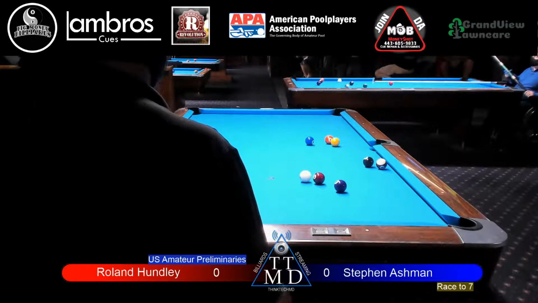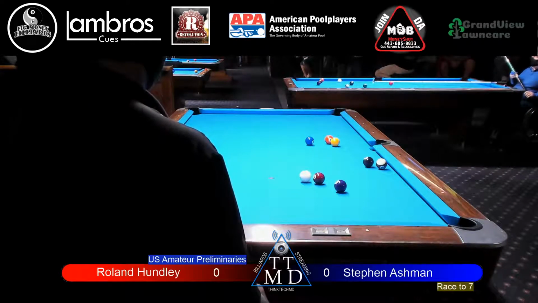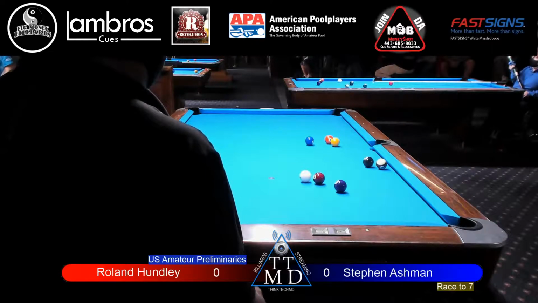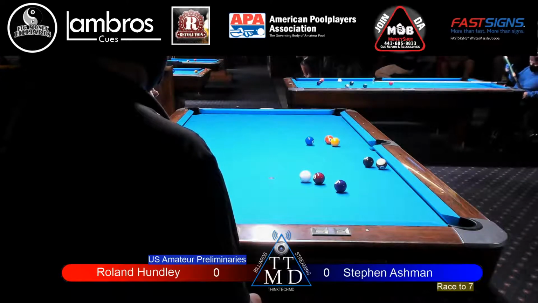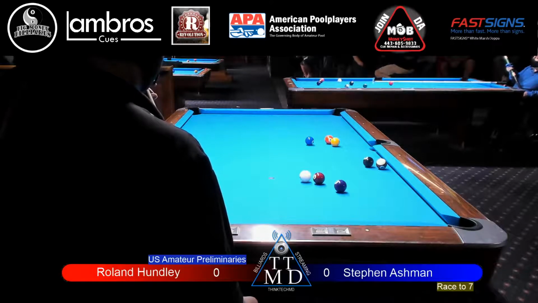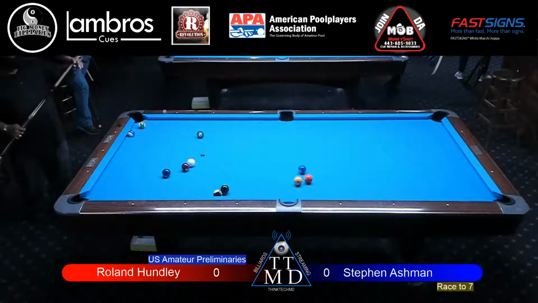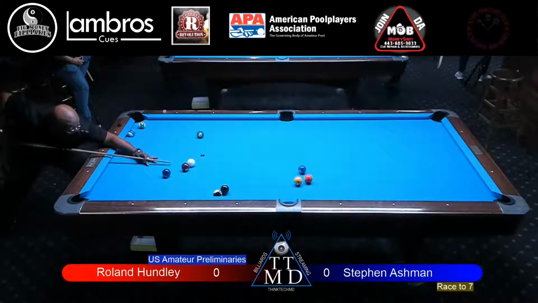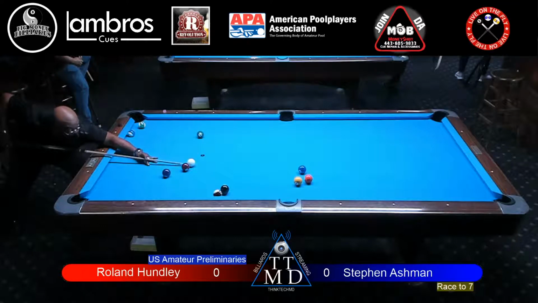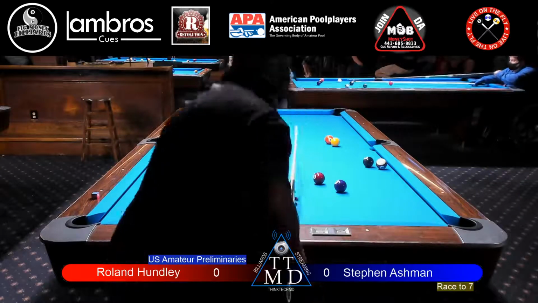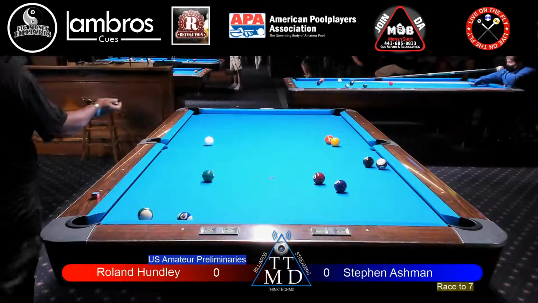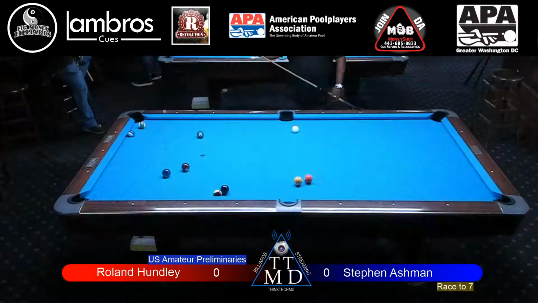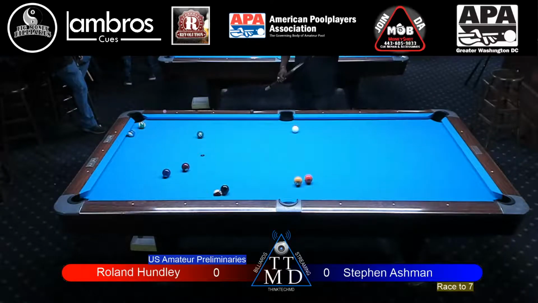So it looks like the 8 ball does go in one of the pockets. I think Roland pretty much only has the 2 available. I think the 1 might go in the side. Nice shot. I think the 1 does go. If the 1 does go, you can just kind of stop it and push the